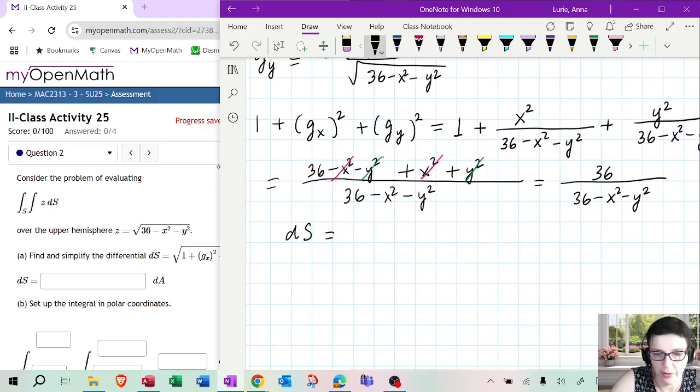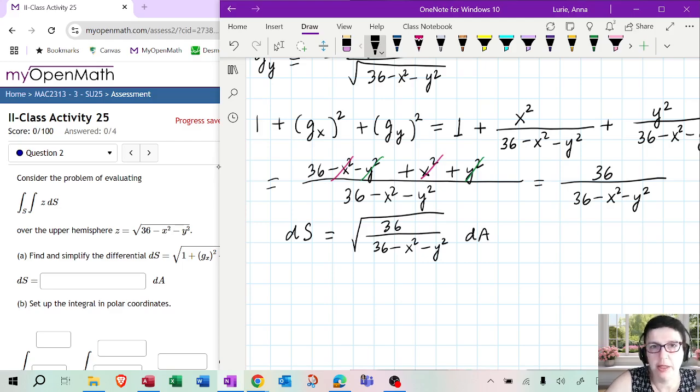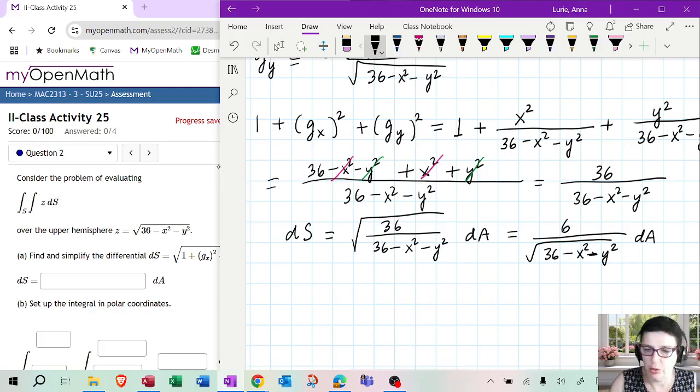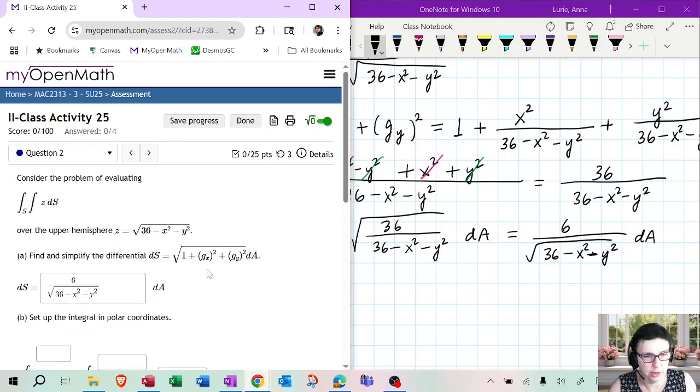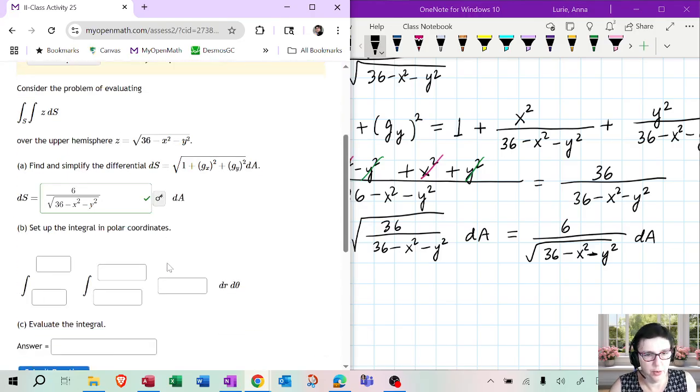All right, so what is that going to come out to when we talk about dS? So dS is the square root of that, right? So don't forget to take the square root of this expression. And then multiply that by dA, which stands for either dy dx or dx dy. So when we take the square root, the top becomes 6, and then the bottom will be the square root. I'm just taking the square root of the top divided by the square root of the bottom. I'm just separating that. Okay, so that's what we need to integrate. So let me put that in here. Okay, so that's what dS is. All right, so let's just submit that. Okay, so this part is correct.